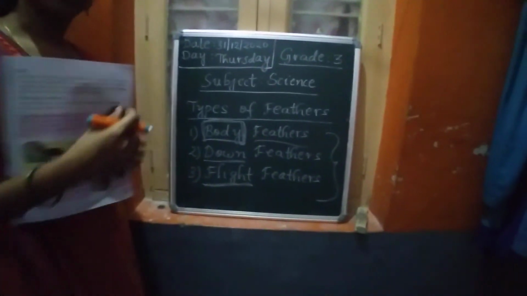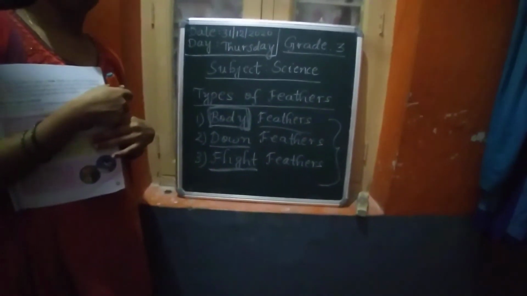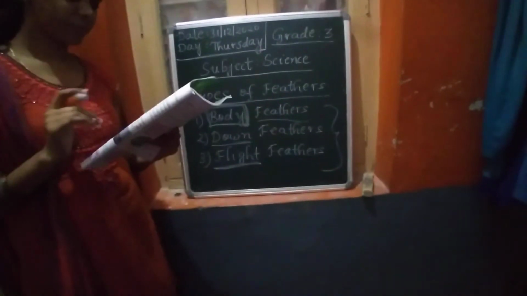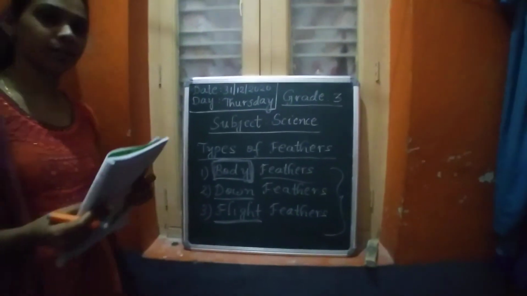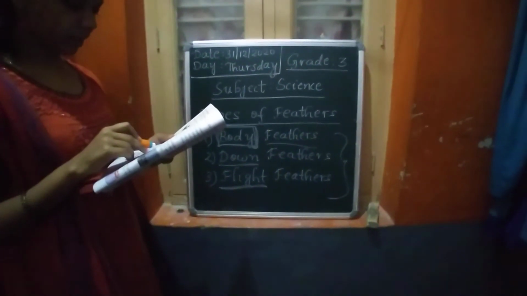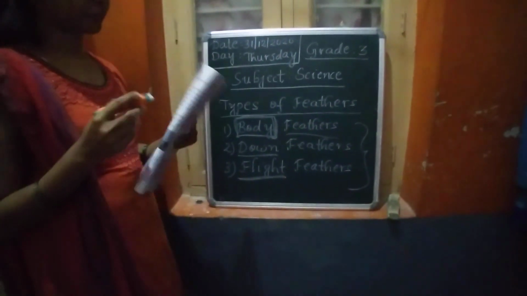And what about the aquatic birds, children? Aquatic birds are nothing but the birds which swim in the water, which live in the water, right? So feathers of the aquatic birds help them to swim. Which bird can we call an aquatic bird? We can tell swan, we can tell ducks. So these are the aquatic birds, and they also have wings, which make them swim in the water. Feathers of some aquatic birds like ducks and penguins are waterproof, which prevent them from getting wet.